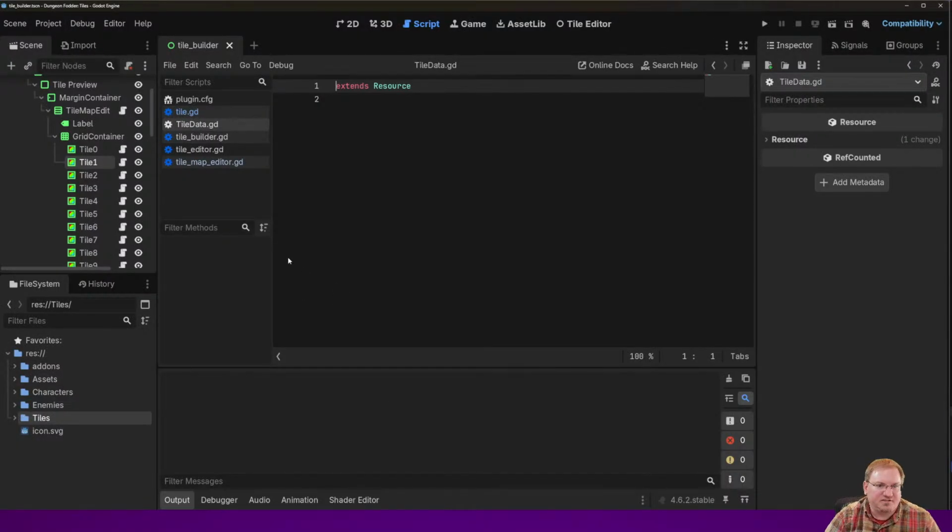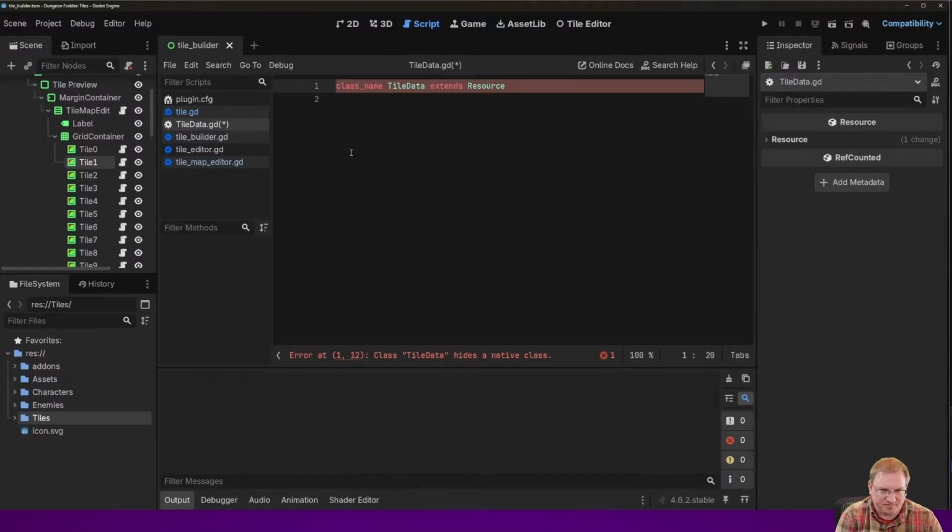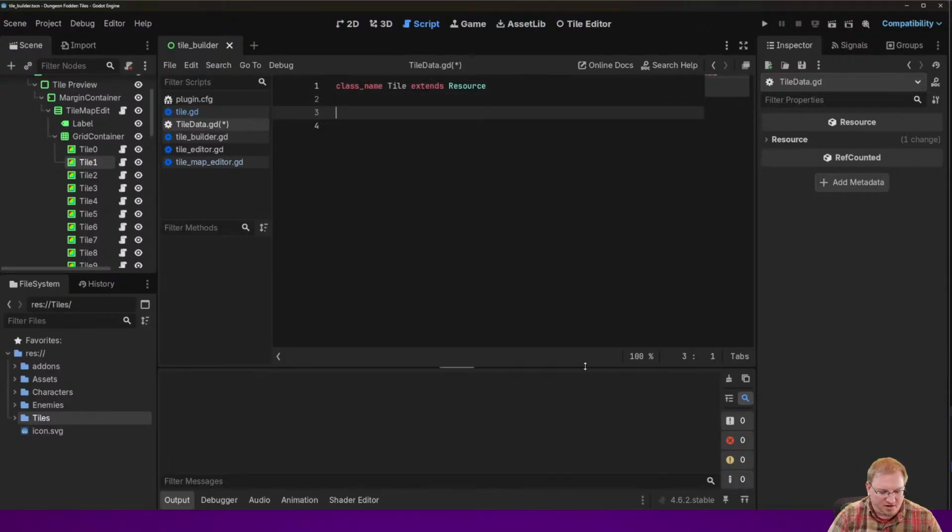Let's see here. Let's do extends resource. Let's do a class name tile data. Okay, so that's a reserved name. So title data. Okay, we'll just call it tile then. That's fine. Tile. Okay, so what we need in here, we need,